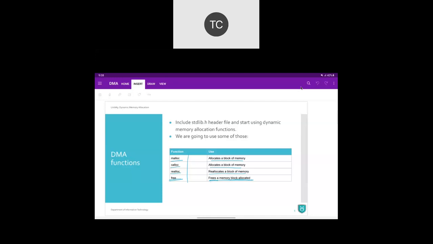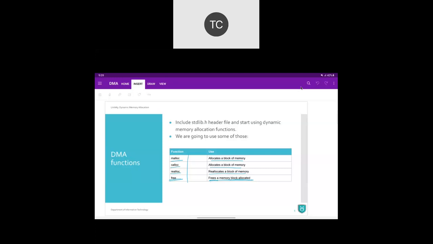Malloc and calloc are much similar. They are going to allocate memory for you. The difference between malloc and calloc, the first one is the number of parameters. Malloc requires the number of bytes to be allocated, whereas calloc requires the number of elements, and the second parameter is the size of the element.